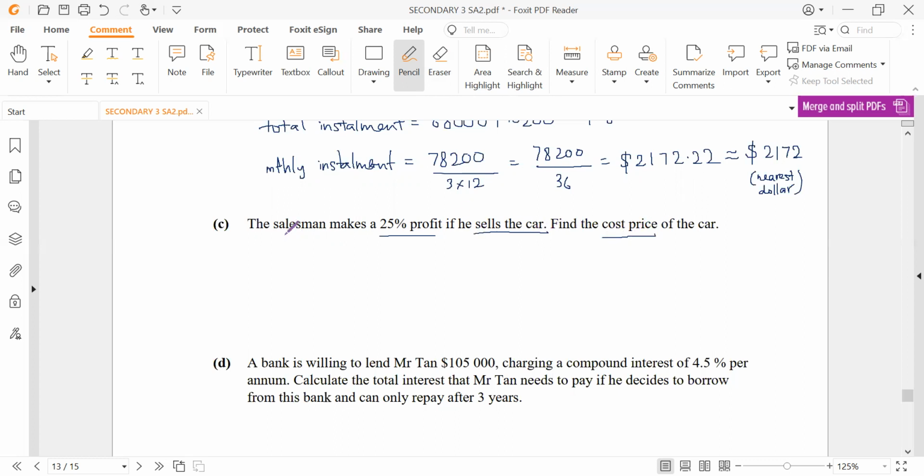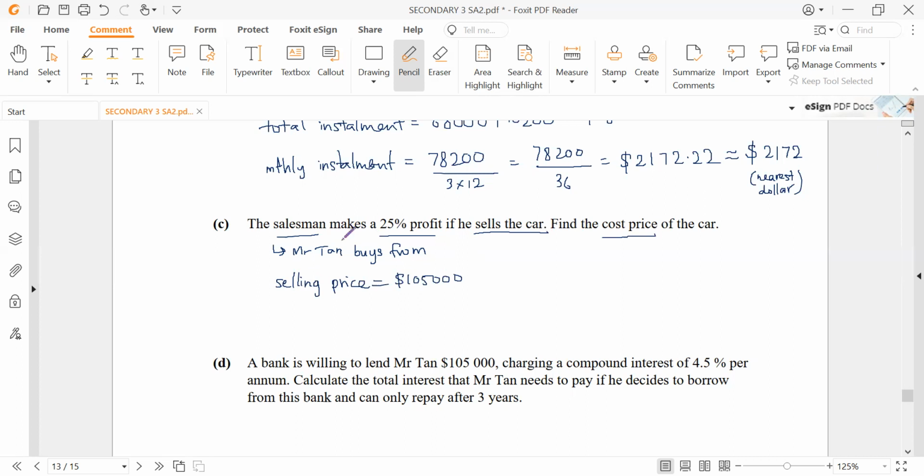Now, who is this salesman? This salesman is the person that Mr. Tan buys from. So Mr. Tan buys a car from a salesman. And when the salesman sells the car to Mr. Tan, the salesman gets a 25% profit. So what is the price that he sells the car to Mr. Tan? That is called the selling price. So the selling price is